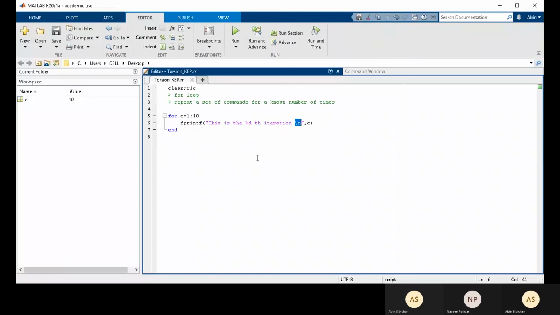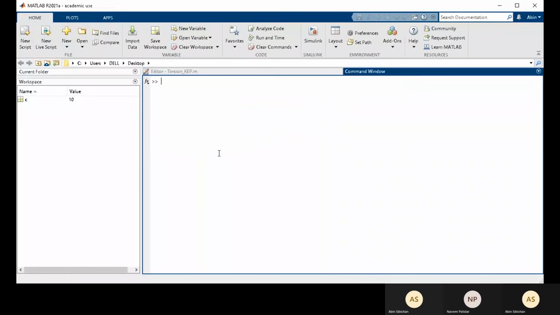Okay, this is the 10th iteration. So this is how fprintf works and how a for loop works. This is the basic idea: we need a variable name, and we need the beginning starting value to the end value. I haven't discussed this other part, so let's see.